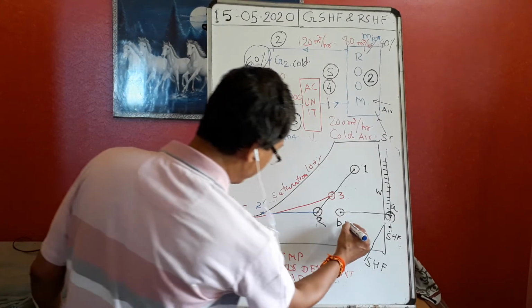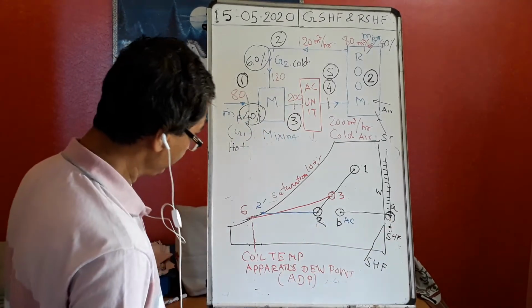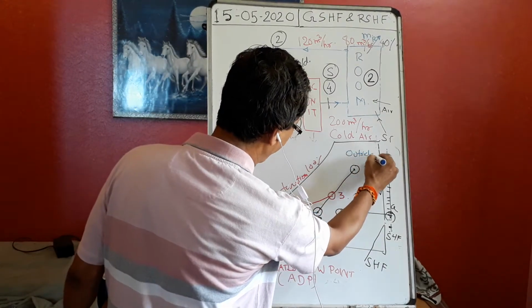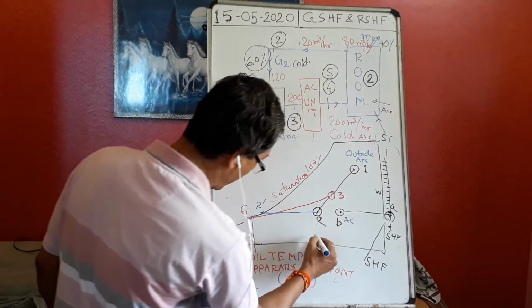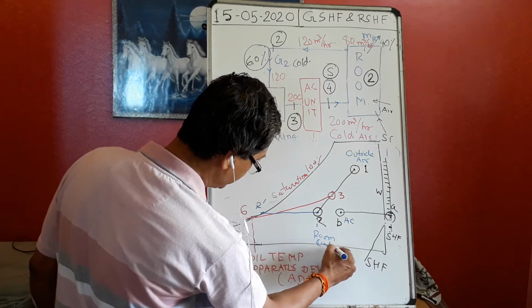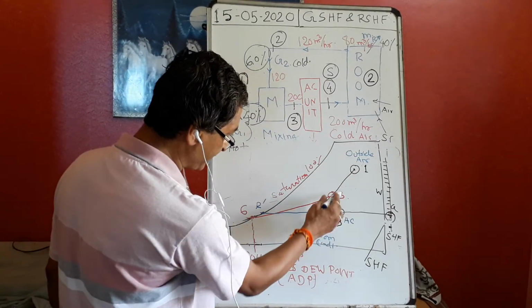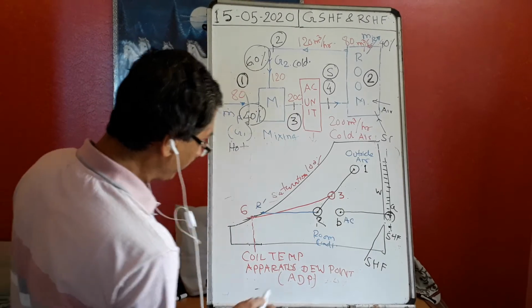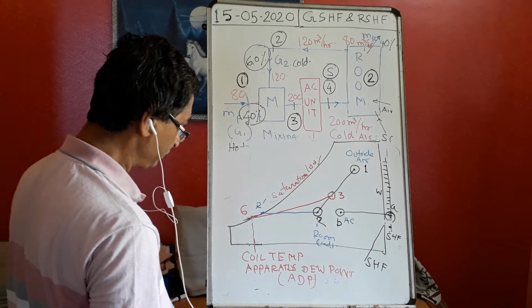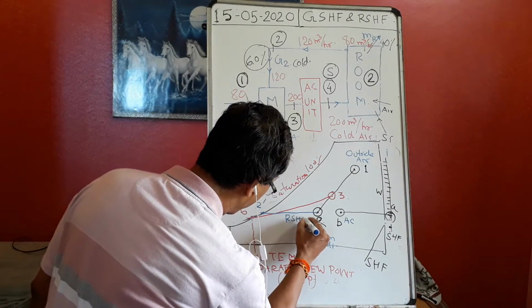What is the B? Alignment circle. A point, sensible heat factor point, is outside here. What is the R? That is the room condition. What is the 3? 3 is the point after mixing. Then what do I draw? I draw the AB line, and from the room I draw the parallel line. This line is called the room sensible heat factor line.